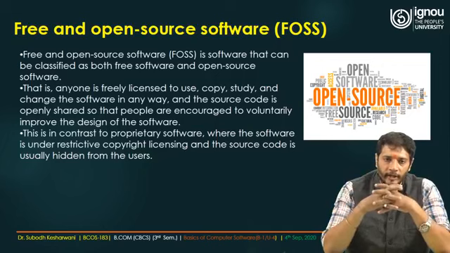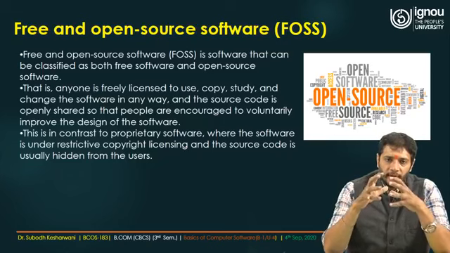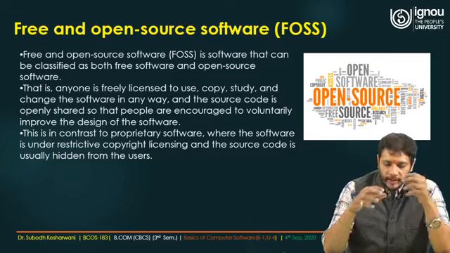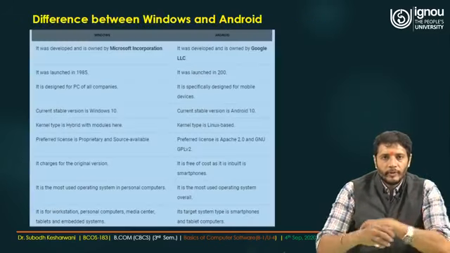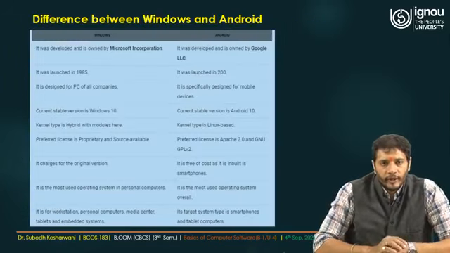So this is in contrast to proprietary software, where the software is under a restrictive copyright license and the source code is usually hidden from the users. So what we observe is that the copyright is almost free, and one can use it. So if you see the difference between Windows and Android,